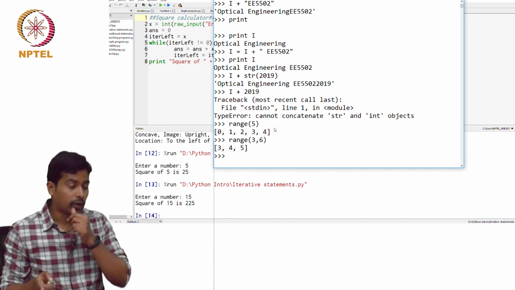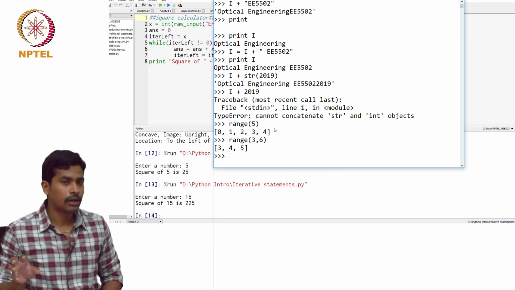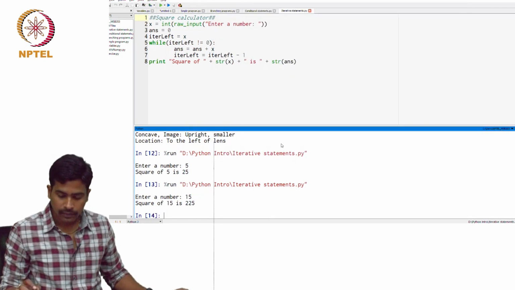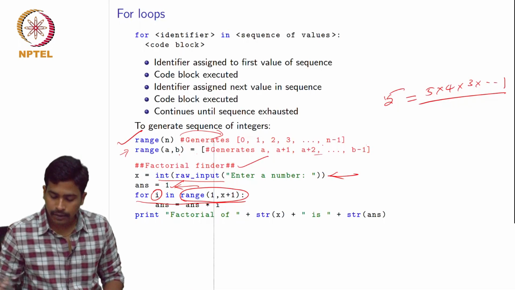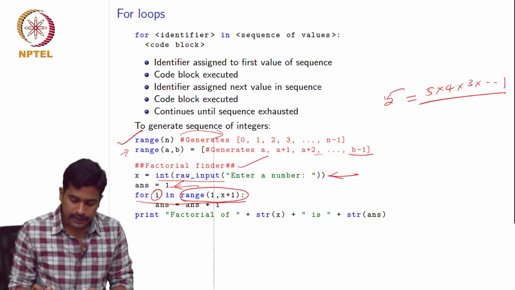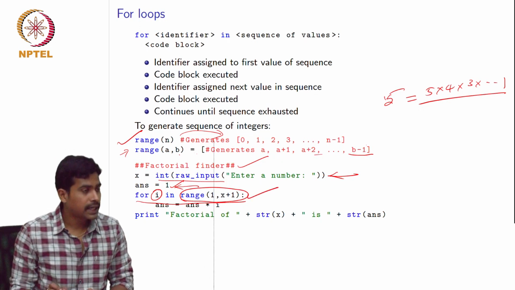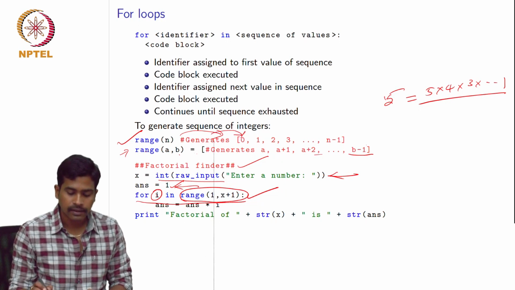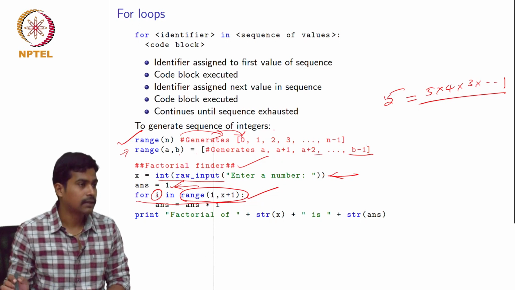So it is going to be 3, 4, 5 again, not 6. You also have to remember that it does not go all the way to b, it goes only to b minus 1, okay. So in this first statement, in each of these iterations, the value of I is assigned to one of these numbers sequentially, okay.